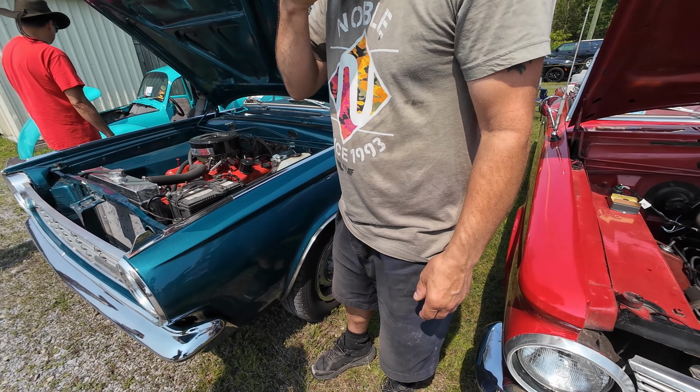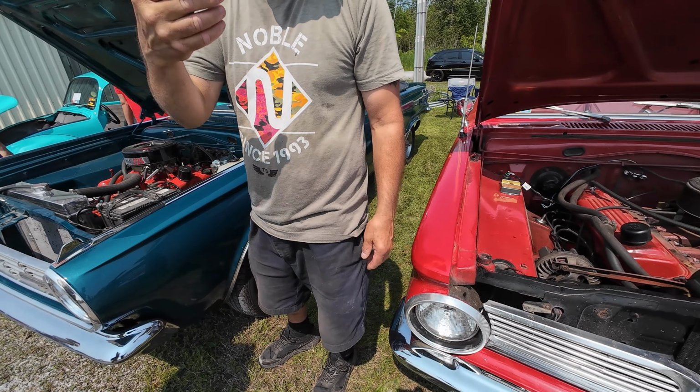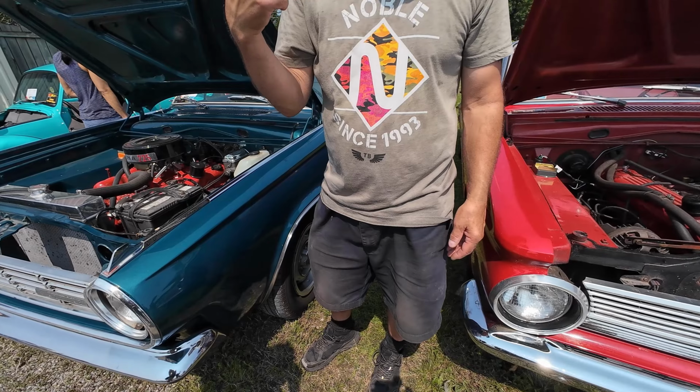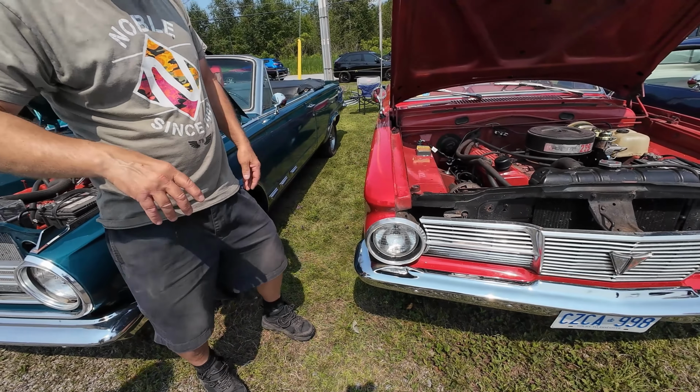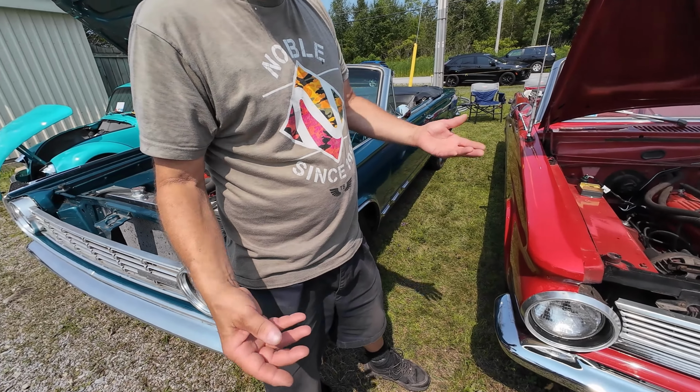You guys, they look phenomenal. I know the condition of it. I know guys that pay more than that for just one car. We got 2, and they're both convertibles at that. And people say,